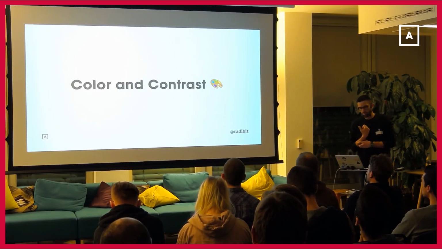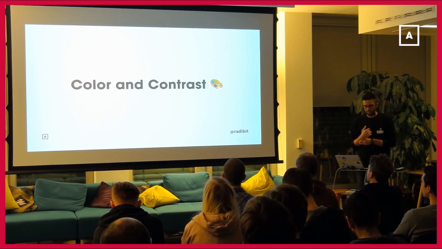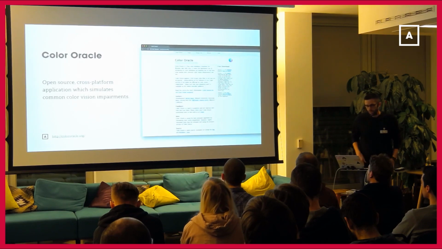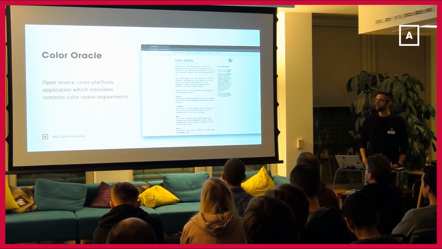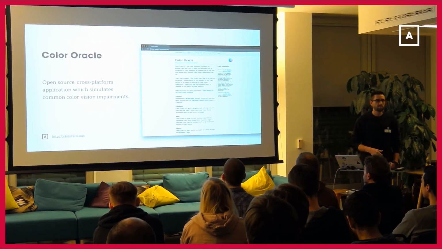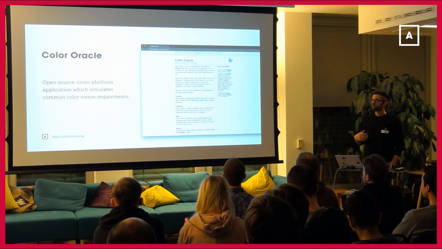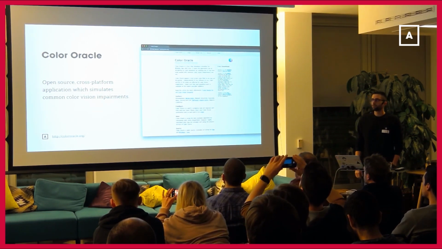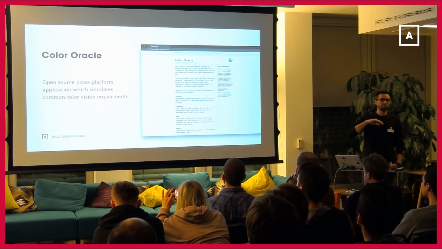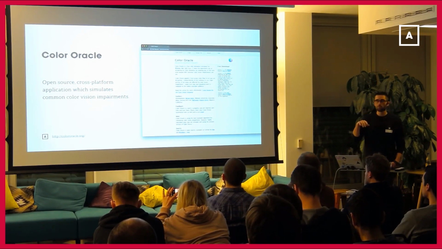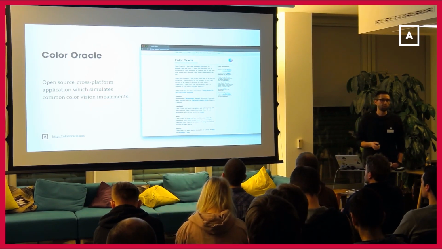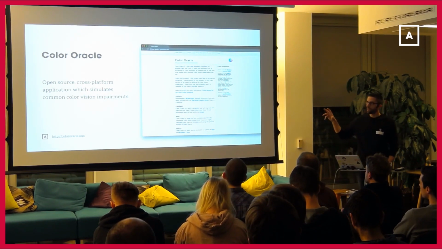And the first group of tools is about the color and the contrast. The first tool is called Color Oracle, and that's probably the oldest tool that I know in terms of simulating color blindness. And it's a really nice tool. It's a free open source cross-platform tool that does a really straightforward job of providing a filter on top of all of your windows and simulates the three most common color deficiencies. As you can see on the following three slides,